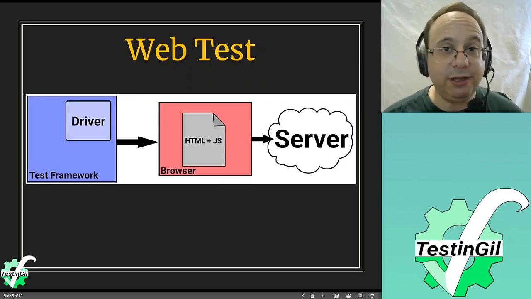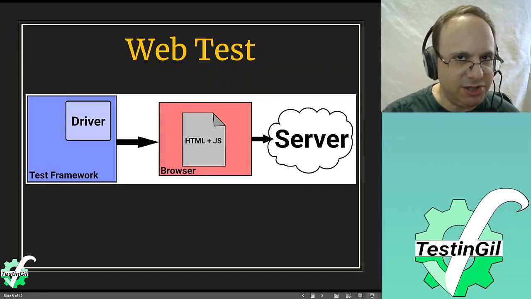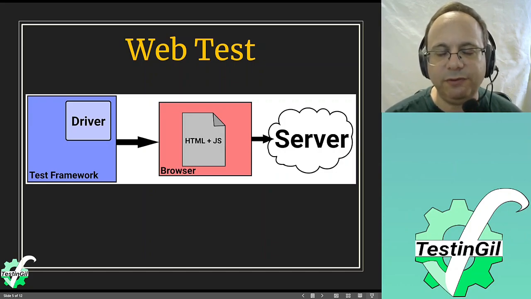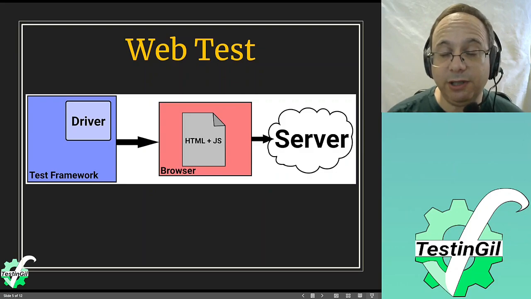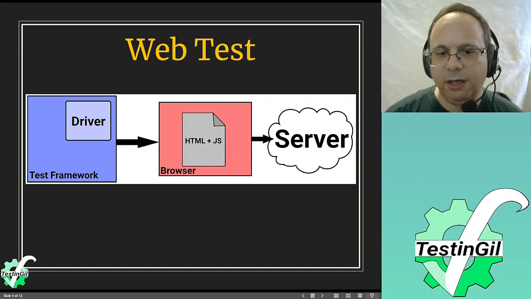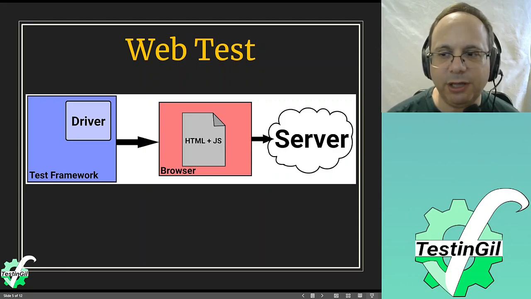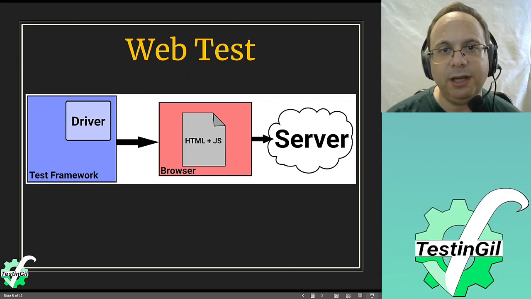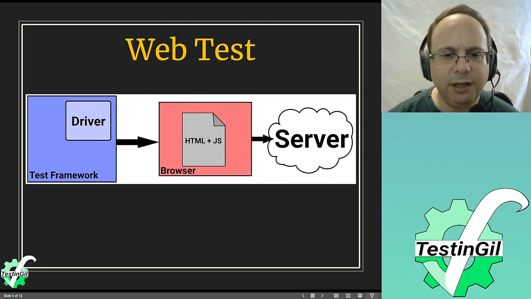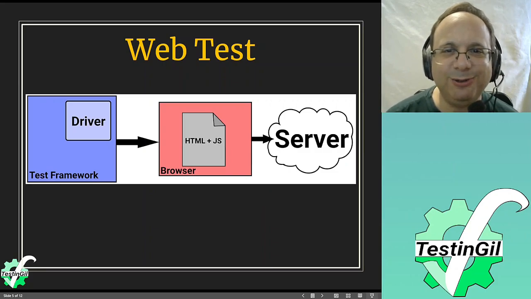So how is it working? Basically what we have is a test framework. In our case it's going to be PyTest, which runs something that you don't see on the screen, which is Playwright. And Playwright loads a driver for the browser. So when you install Playwright, it will tell you, please install the drivers for Chrome, WebKit, whatever. And once you do that, it basically almost automatically will check if you have on your computer, or wherever you're running, the current version of the browser. And if it does, it will run. How does it run? Well, the driver talks to a browser. It loads an anonymous, incognito browser, and the browser does whatever it's being told to do.